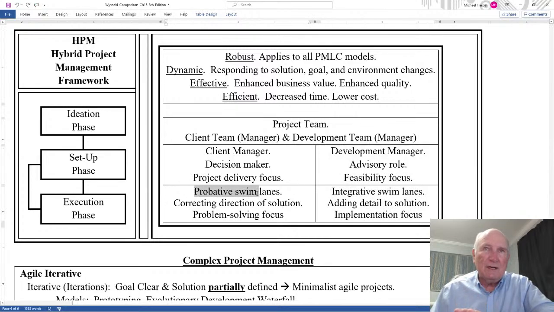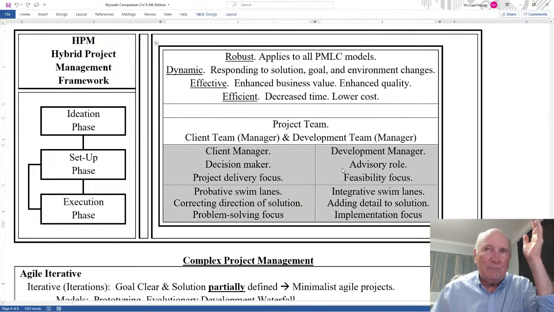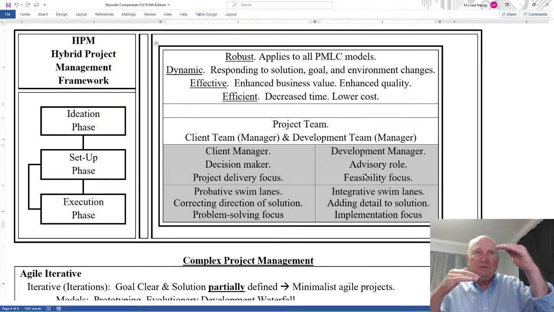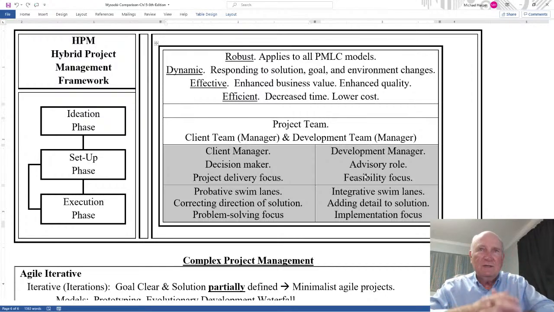The probative swim lanes is correcting the direction of the solution, problem-solving focus, and the client manager will take the lead on that. But both of these have to work together. Here are details on implementation. Here's the problem-solving approach. Both implementation and problem-solving have to be focused on the project deliverable and satisfying the decision stakeholder. Okay, so